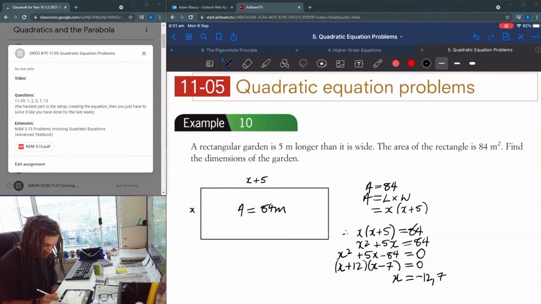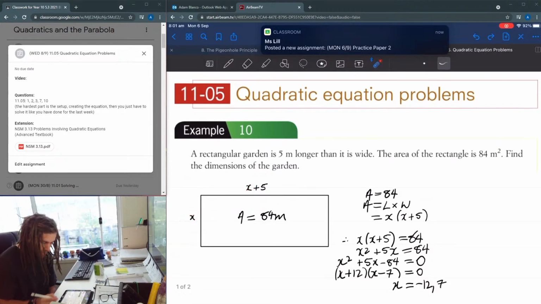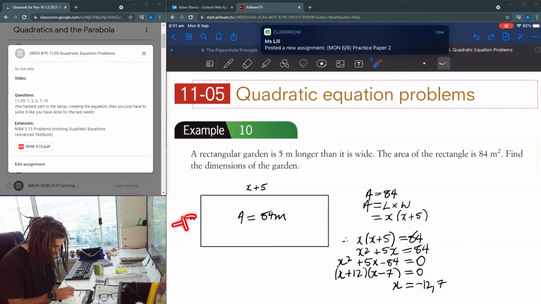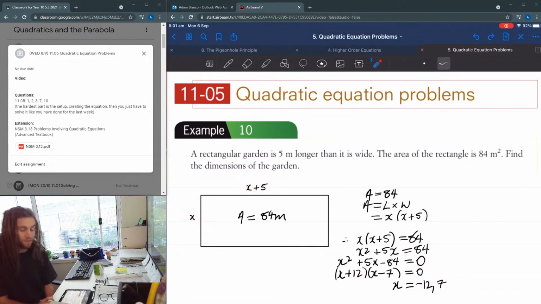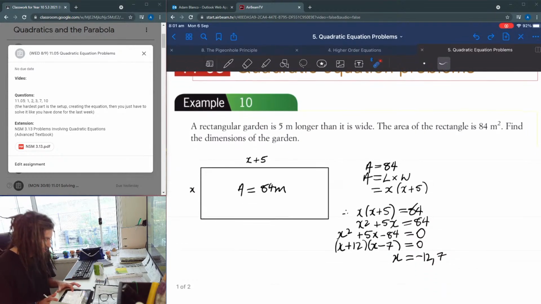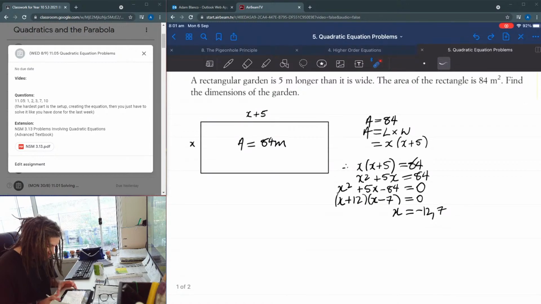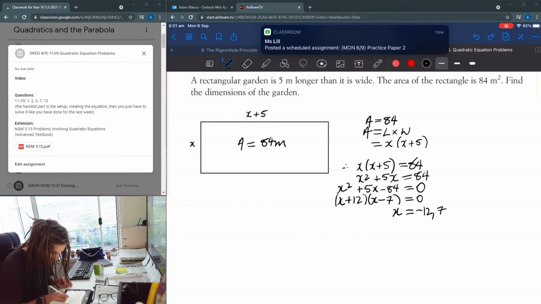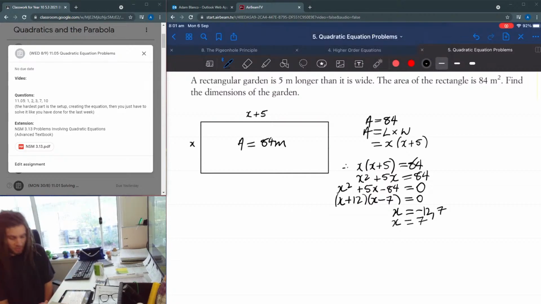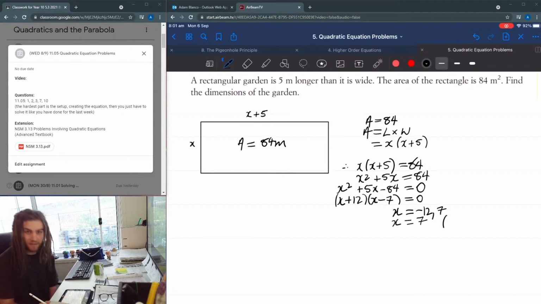So I look at my solutions here and I say, okay, well, can my side length be 7? Cool. Yeah, it can. That could be 7 and that could be 7. Now, if it was minus 12, that would mean this is minus 12 and that's minus 12. That makes 0 sense. You can't have a rectangle that has negative lengths. Don't get me started on that. But yeah, that's kind of impossible. So what you're just going to write is x equals 7. So I've deleted one of the solutions, and now in brackets I'm going to say why I've deleted that,